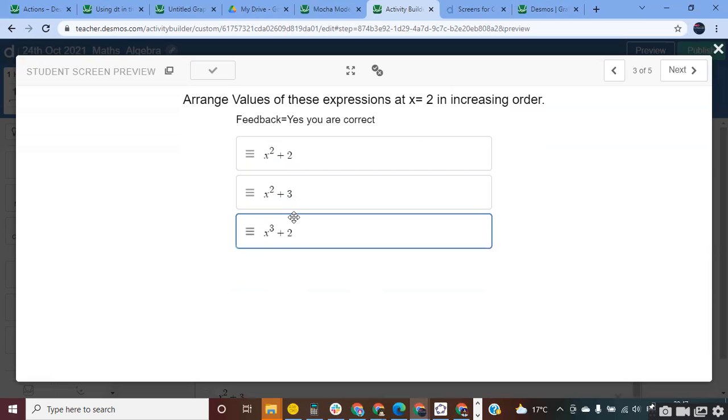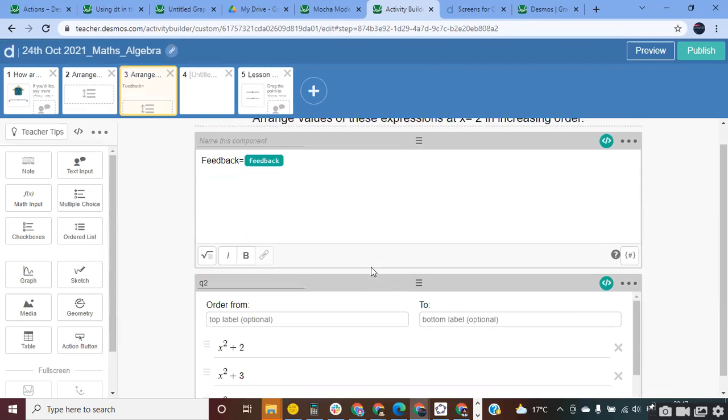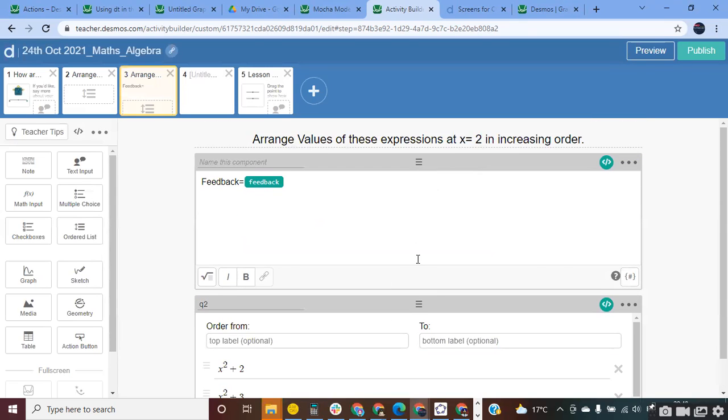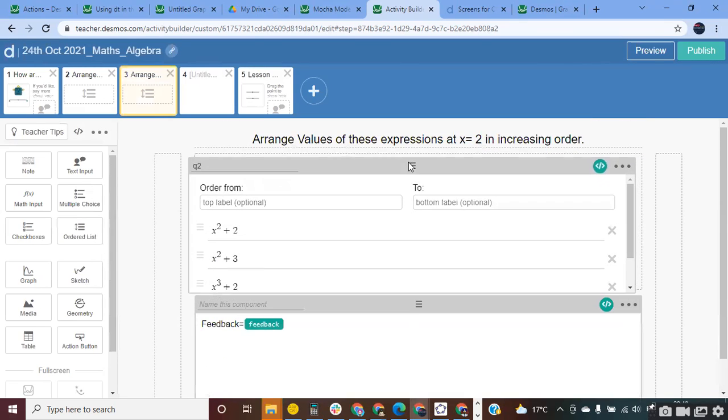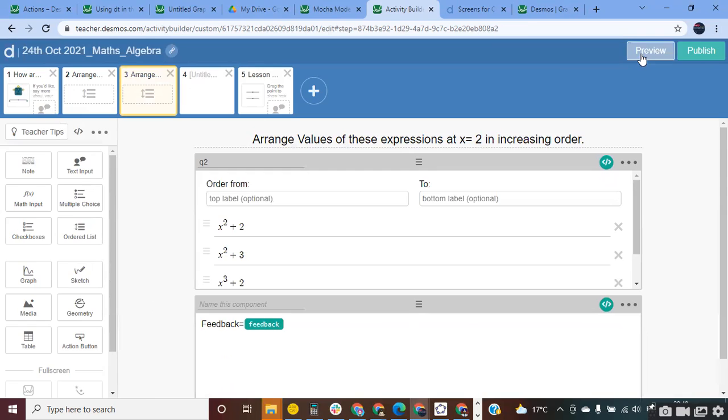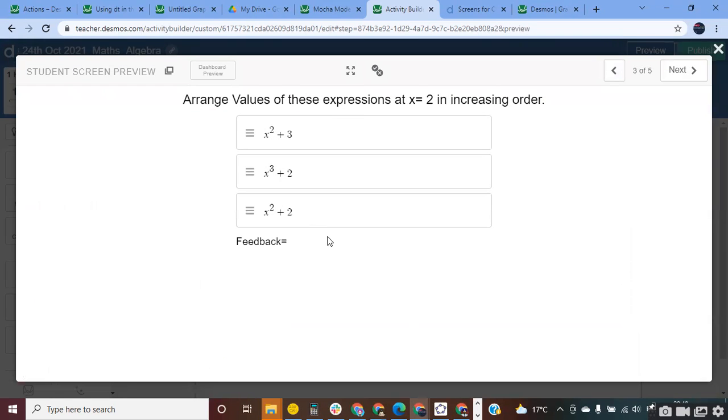I'll send you the script for that, how you can actually change the color. So look at this. The feedback is there. One more thing, sorry. You can add this feedback below this as well. Let's just move them up and down. Look. Now the feedback will appear at the bottom once the answer is correct.